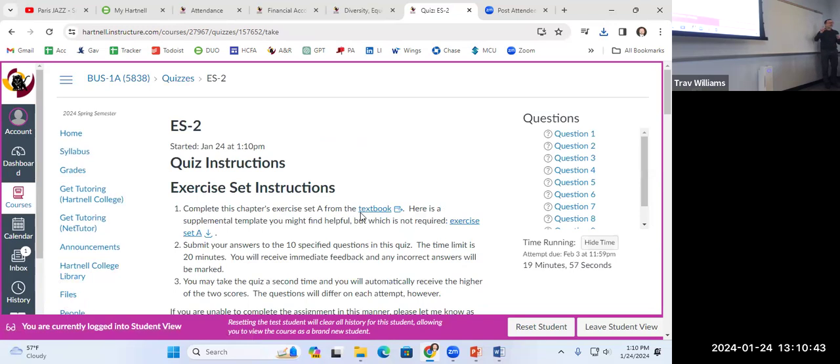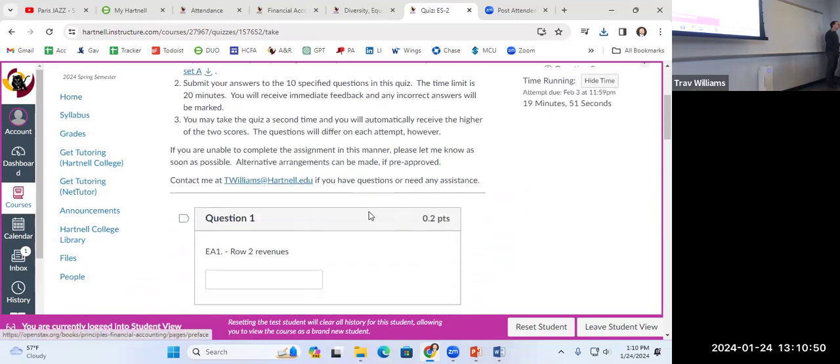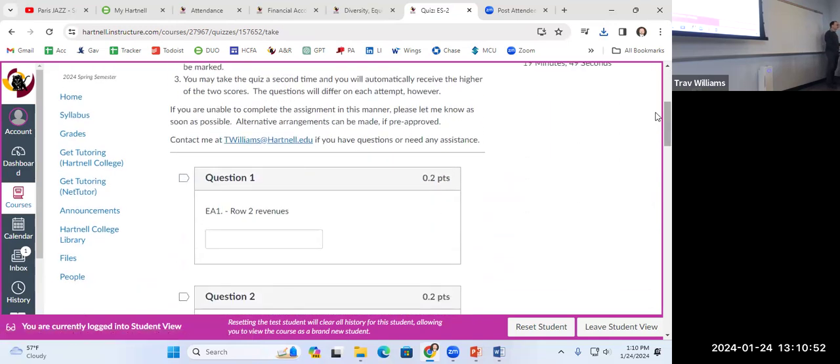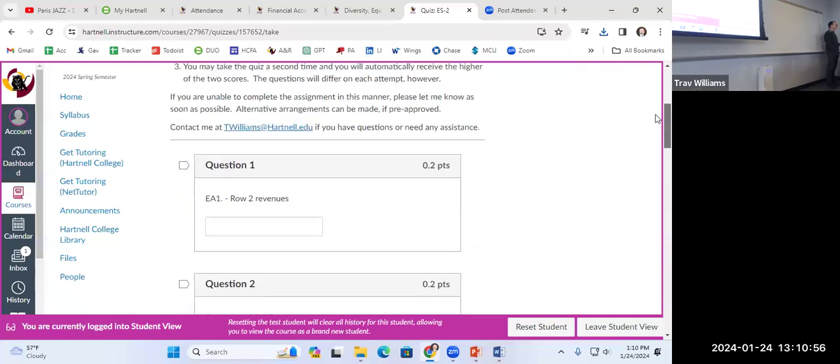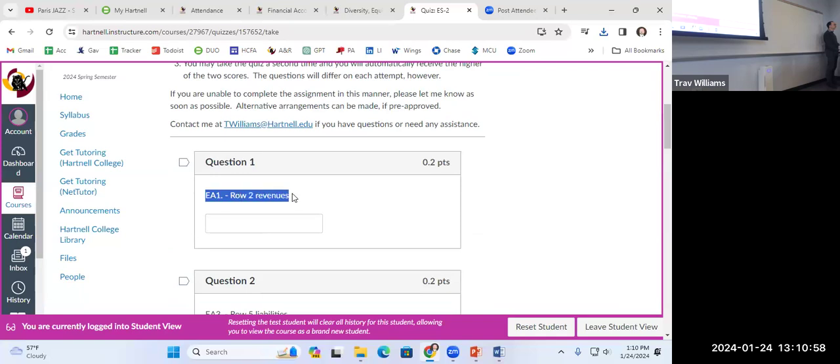Once you start the quiz, you have only 20 minutes, okay? It is timed. So what you're going to have to do is go to each question. I think there are 10 questions. There are 10 questions. So for example, this first one says EA1, that means exercise number 1, row 2 revenues. So you're going to have to go to the template,